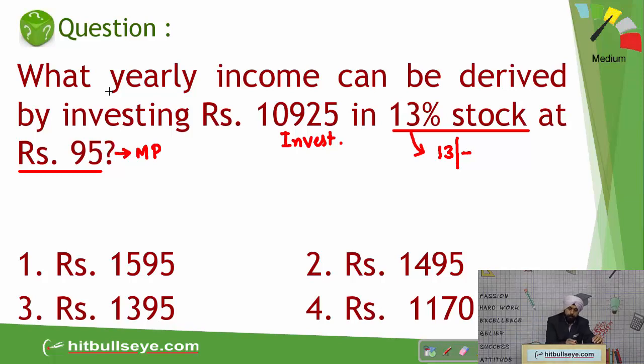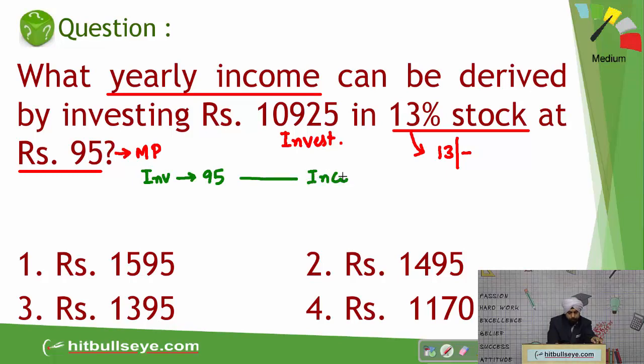Now what do you want to calculate, students? You want to calculate yearly income. Now if you buy only one share, you will invest how much? You will invest its market price, that is 95, and you will earn an income of 13 rupees. So can you apply unitary method here, students? If your investment is 95, your income will be ₹13. So if your investment is 1, income will be 13 by 95, and if your investment is